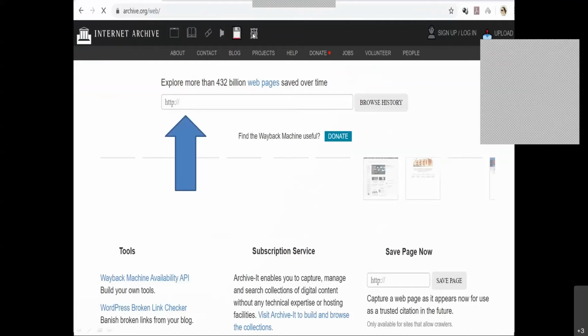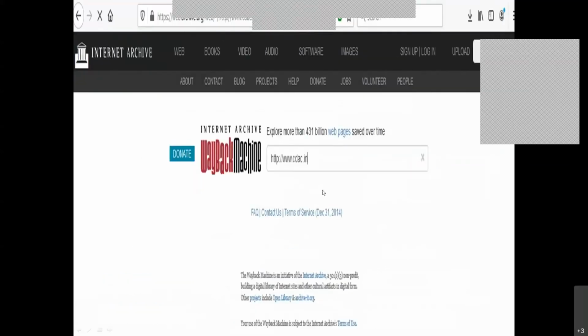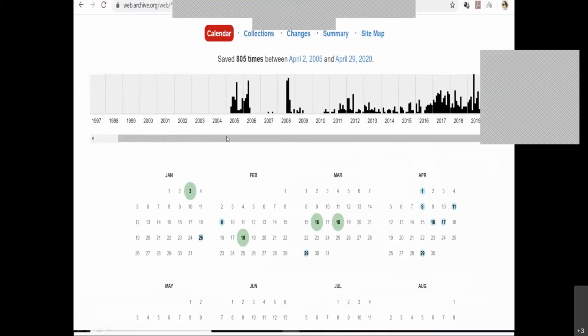Now see, this is archive.org/web. Here we have the text field where we can search for any domain. Just click on browse history. For example, I'm putting in CDAC again, and here I'm going to get a lot of information with calendar, collection, changes, summary, and sitemap. So you have to explore on your own also.